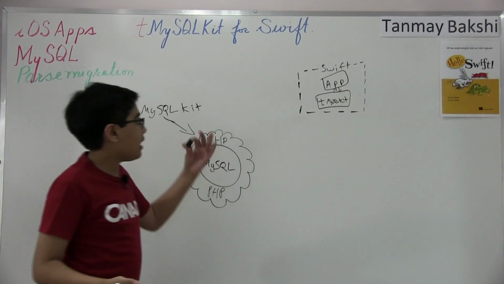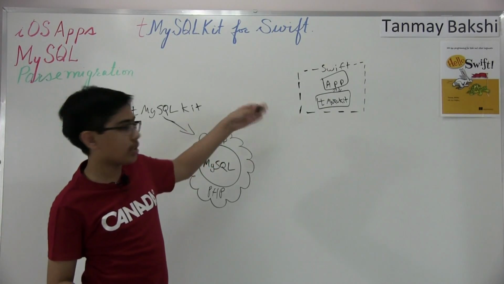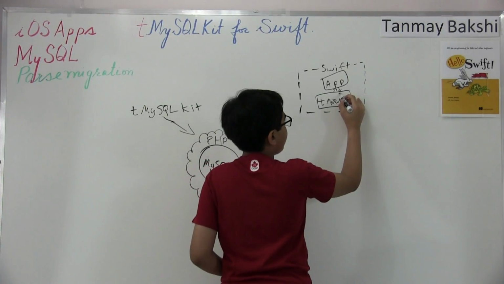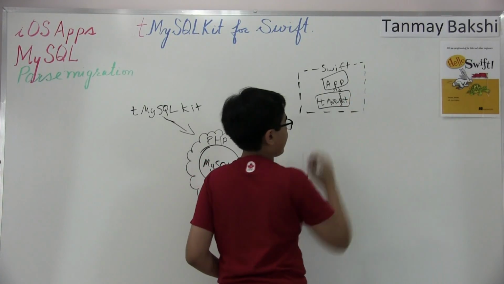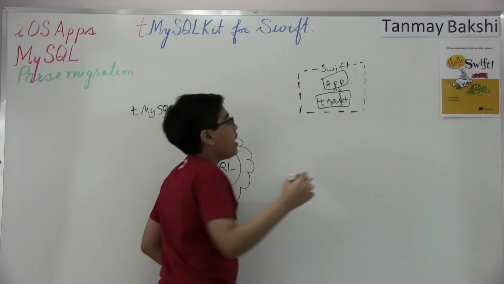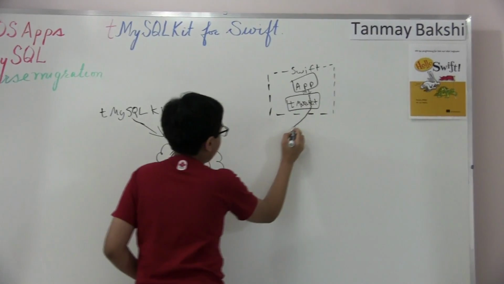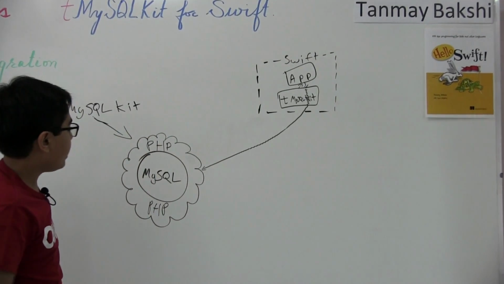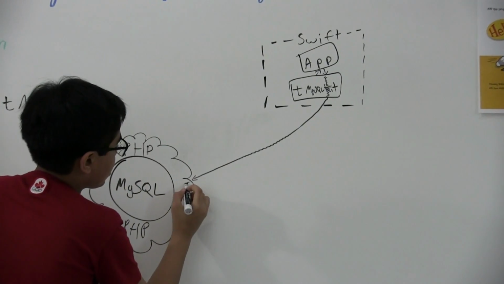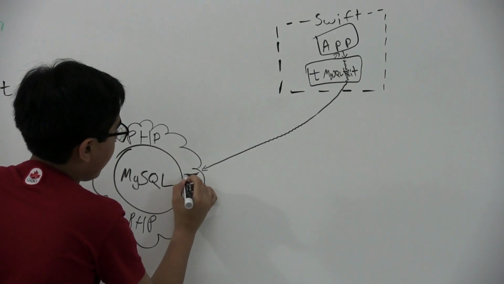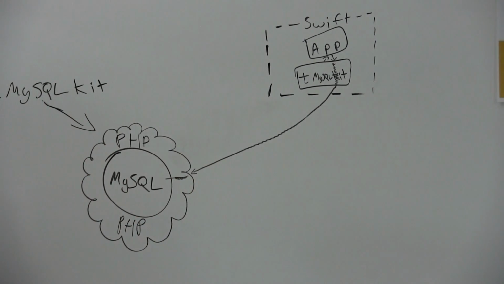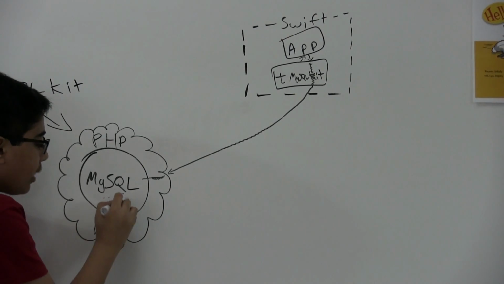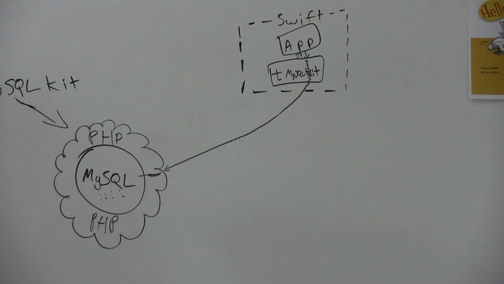But what happens is, in order for tMySQLKit to actually return that result, it'll take your request and do a bit of processing on that. It'll convert that request to a URL request. Then that gets sent over to this PHP end. Alright, and so here in the PHP end, some sort of conversions and some processing happen, and then it goes straight into the MySQL. Once MySQL is done handling your request and it has a response for you, that goes